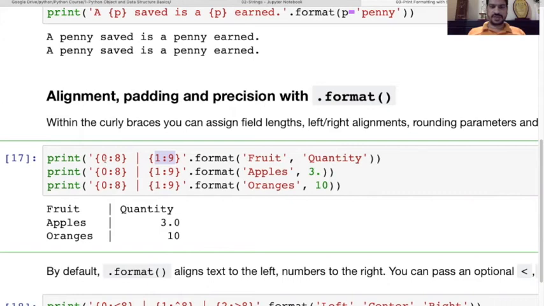Now the first print is going to print from the 0th character up to the 7th character. So what is in the 0th character? You see here, 0 is F, then R, then U, then I, and then T. This is 0, 1, 2, 3, 4. So up to 4, because we are printing up to 8, 4 space characters will be added here. If you see how many space characters there are, 1, 2, 3, and 4 space characters are there. And after that, there is a pipe symbol. And then what it is saying,